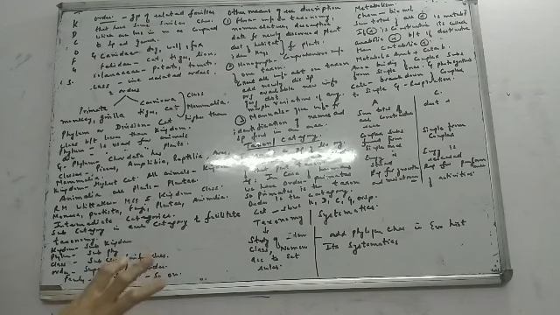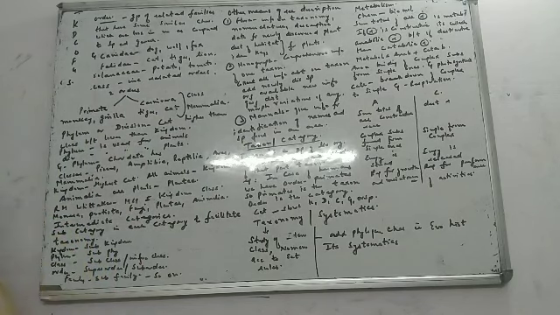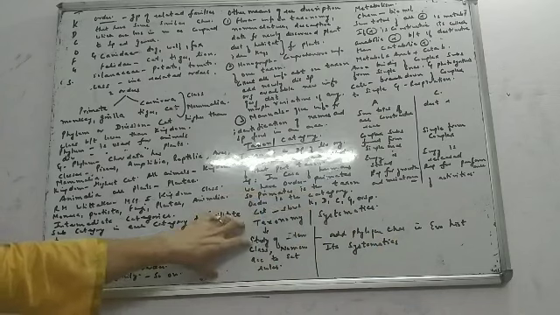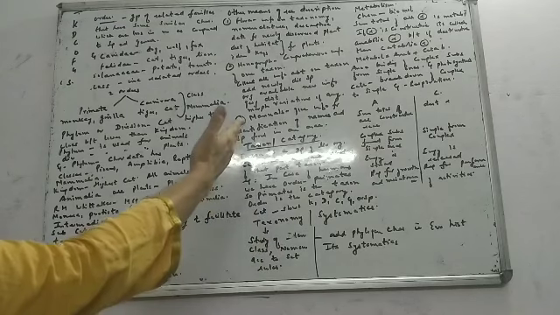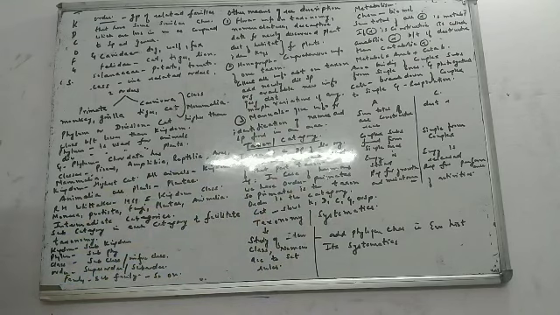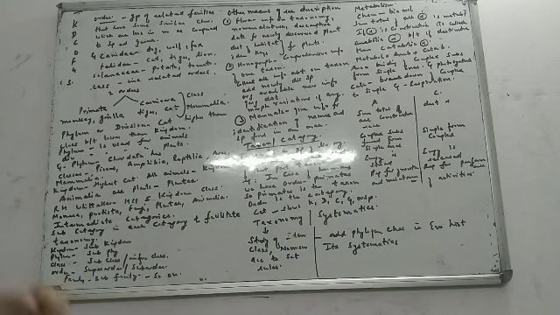But if I add on the evolutionary history of that organism, that means if I take into consideration the phylogenetic characters, when I use the word phylogenetic characters, I mean the evolutionary history of an organism. So if I include the phylogenetic characters, or add the evolutionary history to these three things, then it is systematics. So what is systematics then? First let me tell you what is taxonomy: identification, classification and nomenclature. Then what is systematics? Study of identification, classification, nomenclature and evolutionary history, or you can use the word phylogenetic character. Just add this one word to these three words and you get systematics.